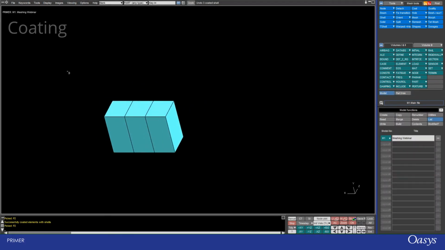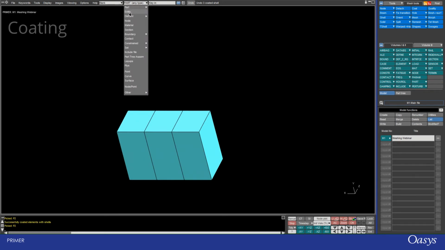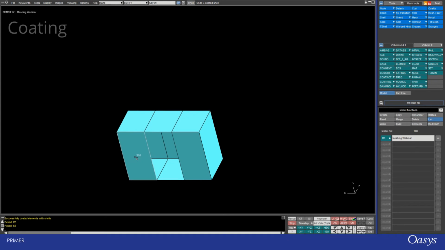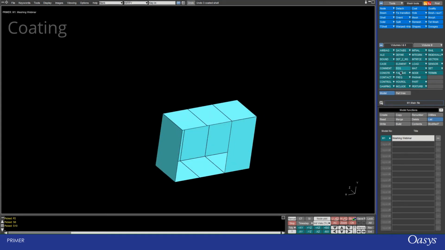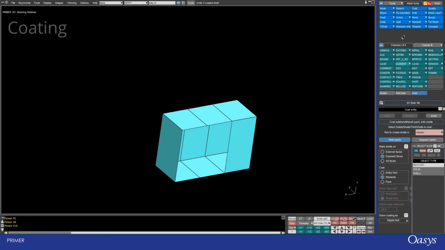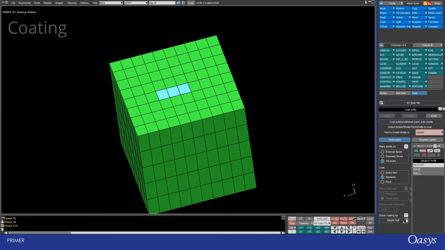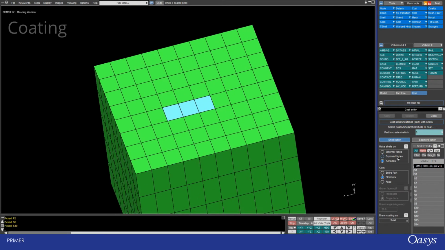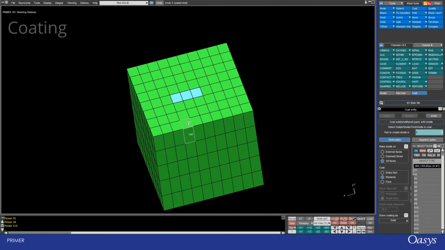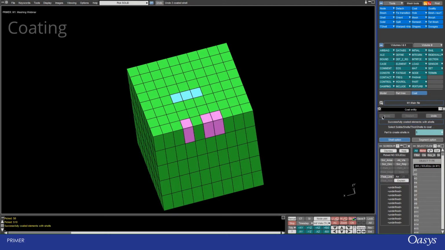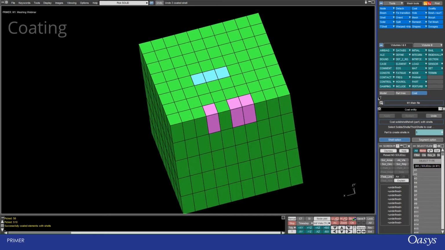those shells are made. Now note that when I blank those elements, there's no internal shells made, and that is the difference between coat options, exposed faces and all faces. So if I just come back here and I go coat, and for this one I'm just going to change now my stippling to solid color. I'm going to select some shells, and I'm going to make a new part 5, and I'm just going to select some elements, so solid elements, and I'll just select one here and then 2 in a row here, and you'll see the difference. So when I click apply, I can then blank that part,